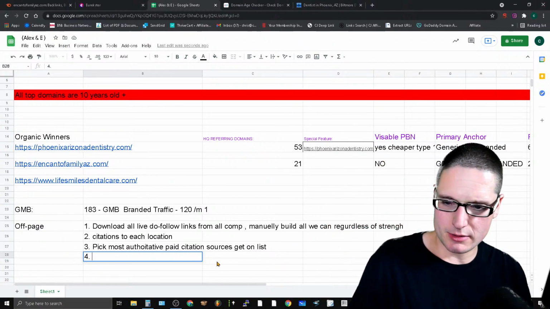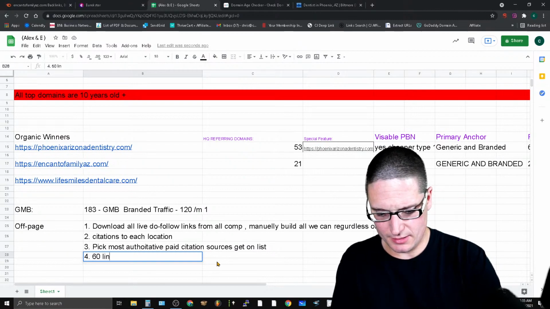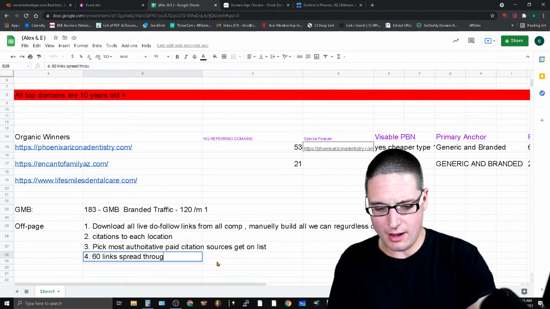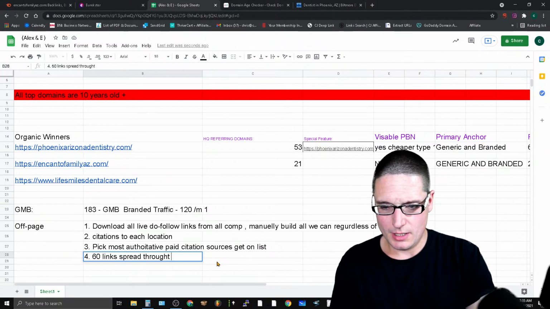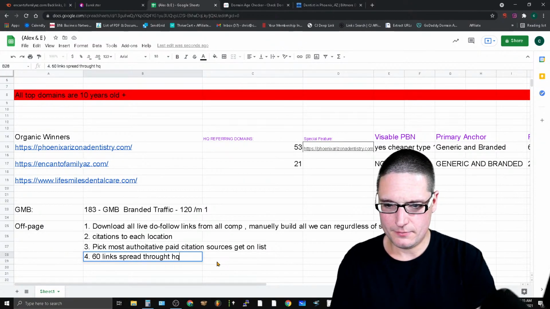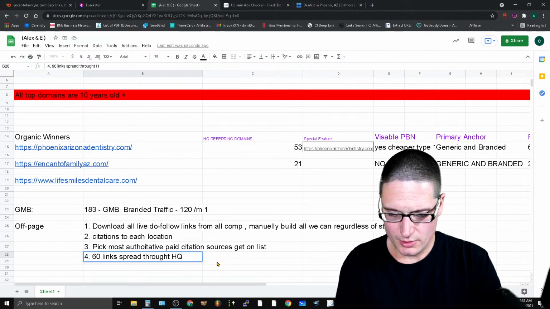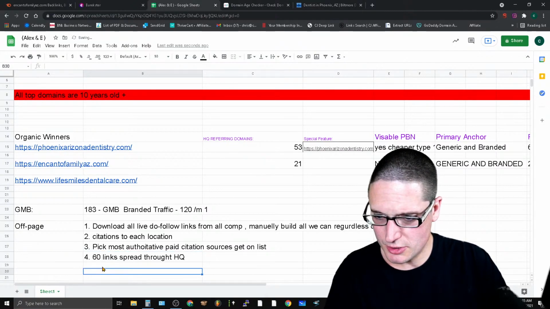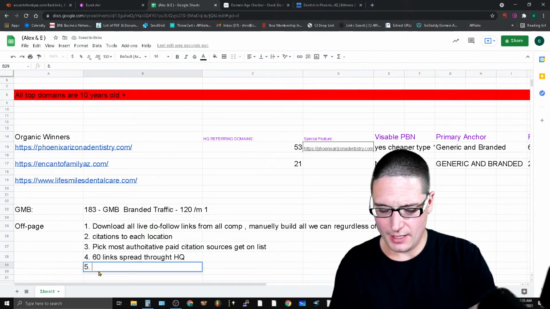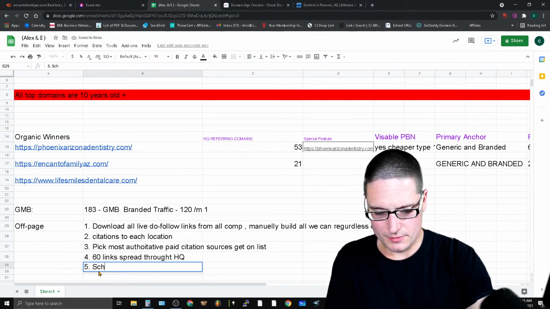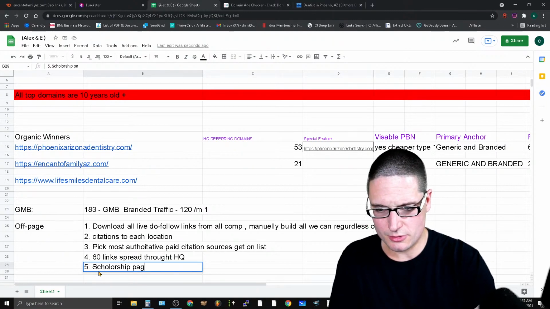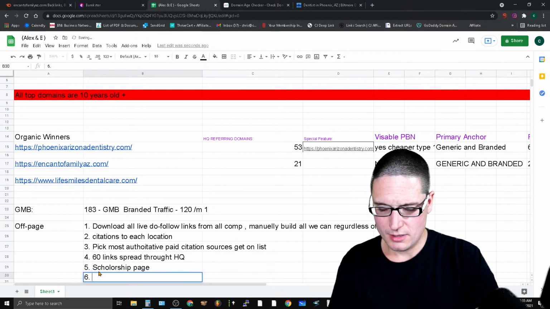I would be trying to get 60 links spread throughout that are high quality, so I'd be building those to internal pages. 5, scholarship page. 6,